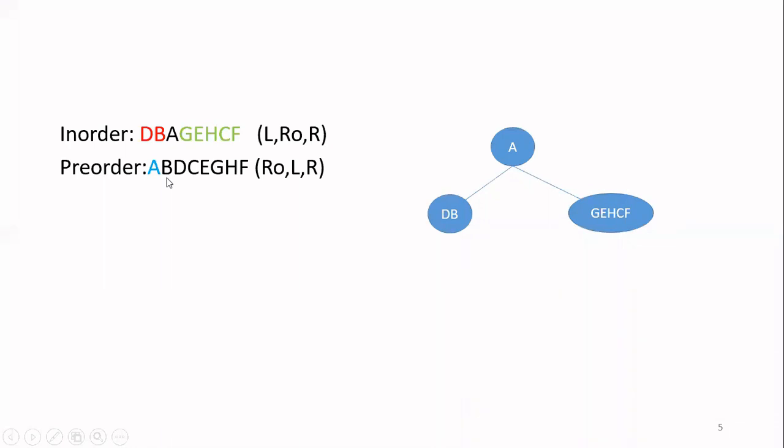So now you have to take this B as a root node for this particular subtree. Once you take B as a root node, you have to find out whether this D will be the right child or the left child. For that, you go to the in order again. Go to the in order and now you see the position of B. Whatever is appearing to the left of B, that will be the left child.